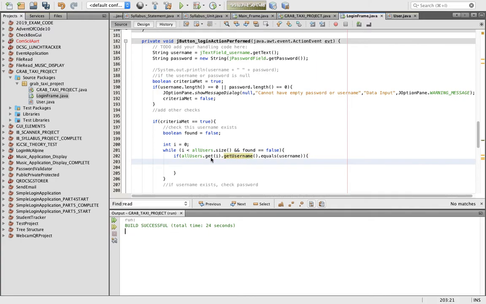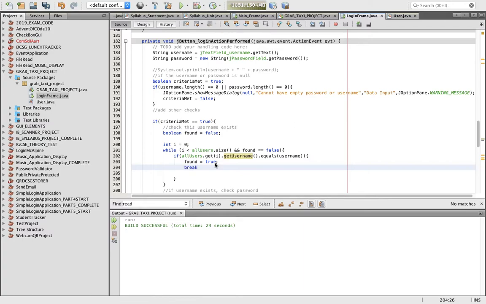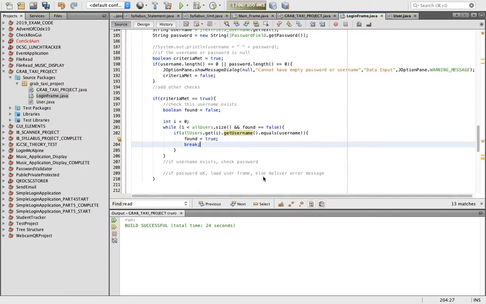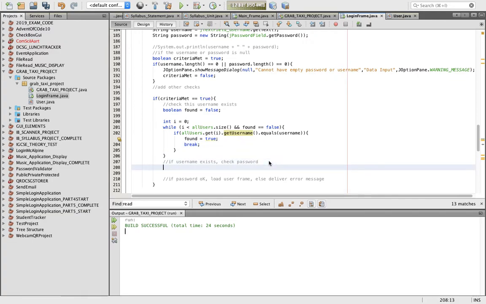So if all users.get(I).username equals username, we can say found equals true, break, which will quit the loop, which is why it's good to use conditional loops, but you can do that in a for loop as well. So if the username exists, check the password. So if found,